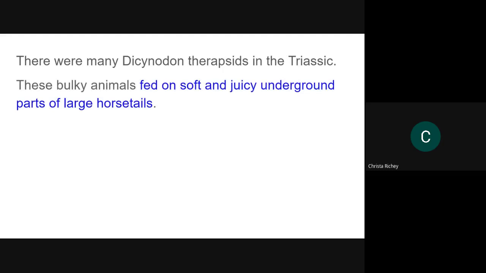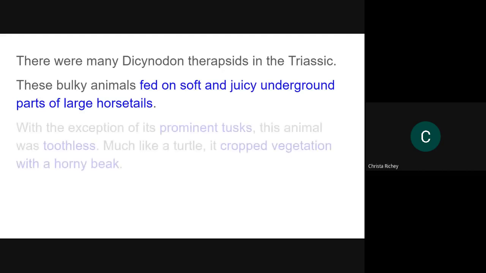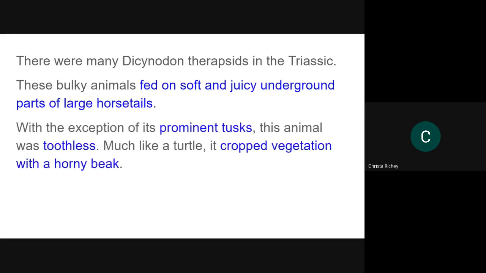All right, Dicynodons. These things essentially were the cows of the Mesozoic. Yesterday we talked about plants. The horsetail was your most common source of nutrition for all of these cow-like organisms. And we're talking about everywhere from Triassic through Cretaceous. The Triassic dinosaurs were just a lot smaller. The Cretaceous were a heck of a lot larger.